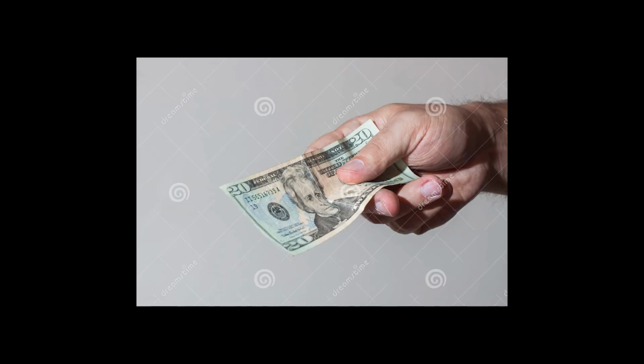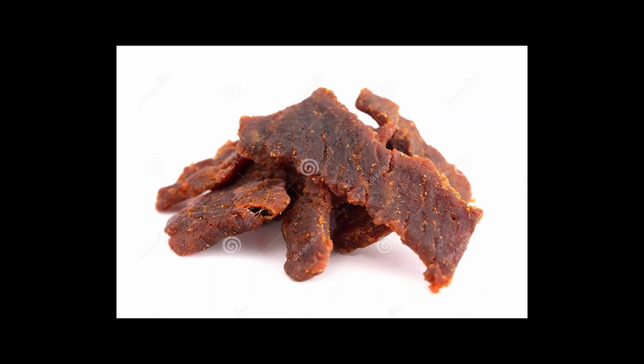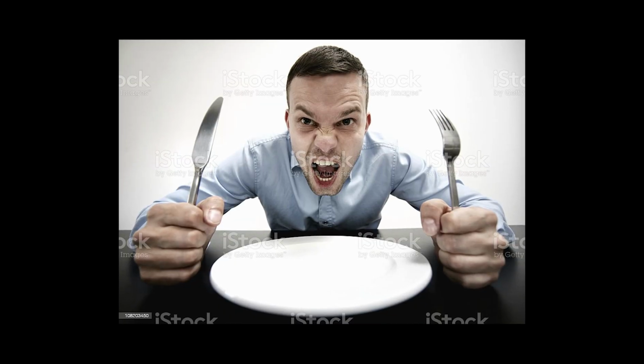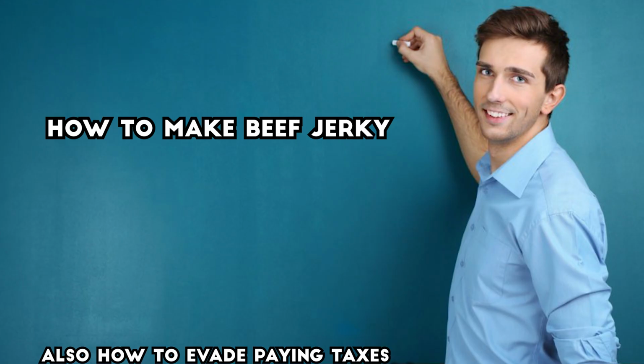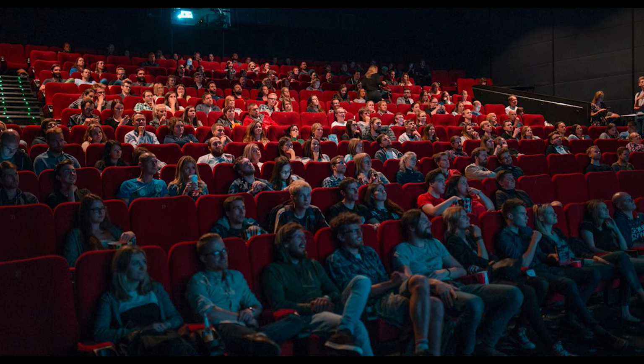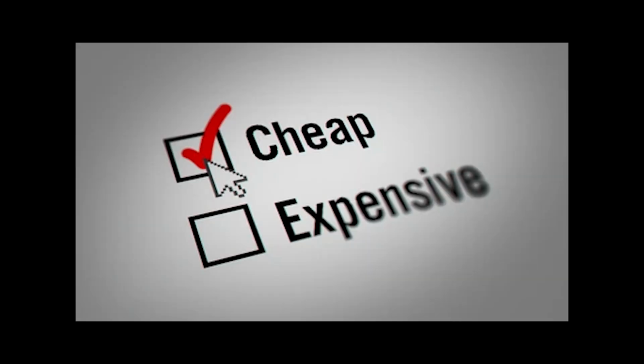Are you tired of paying $20 for a measly 10 ounces of jerky? Are you tired of Jack Stinks Jerky taking all of your money just for you to be left hungry and dissatisfied? Well, look no further, for what I'm about to show you will revolutionize the way the world looks at beef jerky. What you're about to watch is the single most greatest and cheapest recipe for the delicious snack food known as...